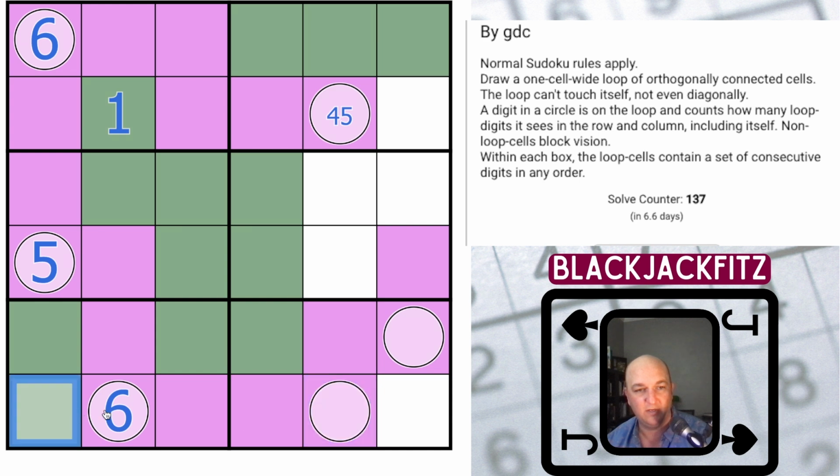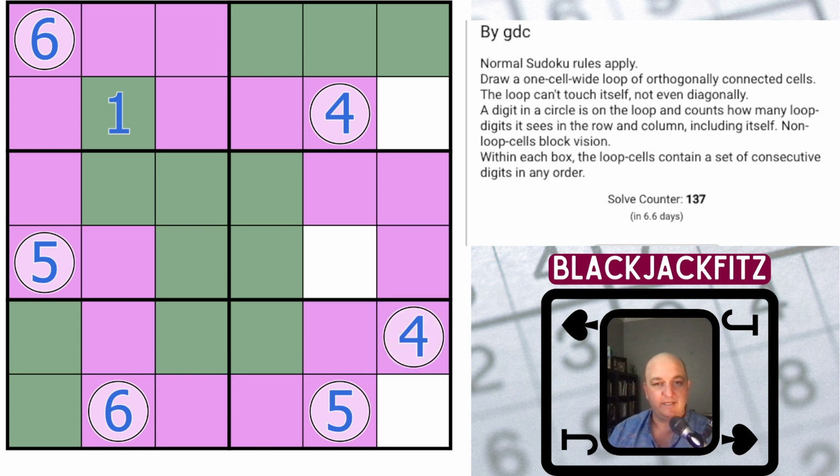And now this is 1, 2, 3, 4, 5. So that's 5. That one's 5, which means that one's 4. 1, 2, 3. So it either goes that way or that way. So that one's always on, I think. Now this sees 1, 2, 3, 4. Can't be 5. So that's got to be on. That's a 4. Okie dokie. So I think we've got our loop